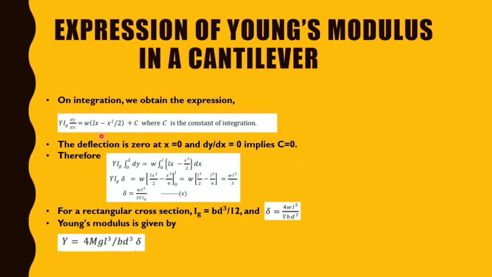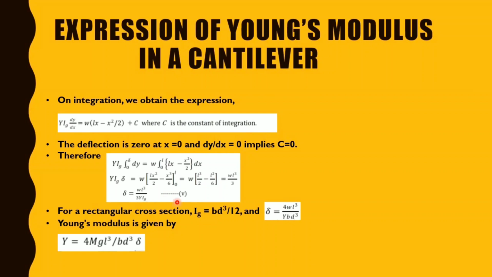Therefore, we will integrate from 0 to delta. Now we will integrate from 0 to delta and this dx goes to this side. Now, what happens? When we integrate this, we get only delta. And when we integrate all of this, we get w L cube by 3. From this equation, what do we get? We get delta equal to w L cube by 3 Y Ig, where Y is the Young's modulus,